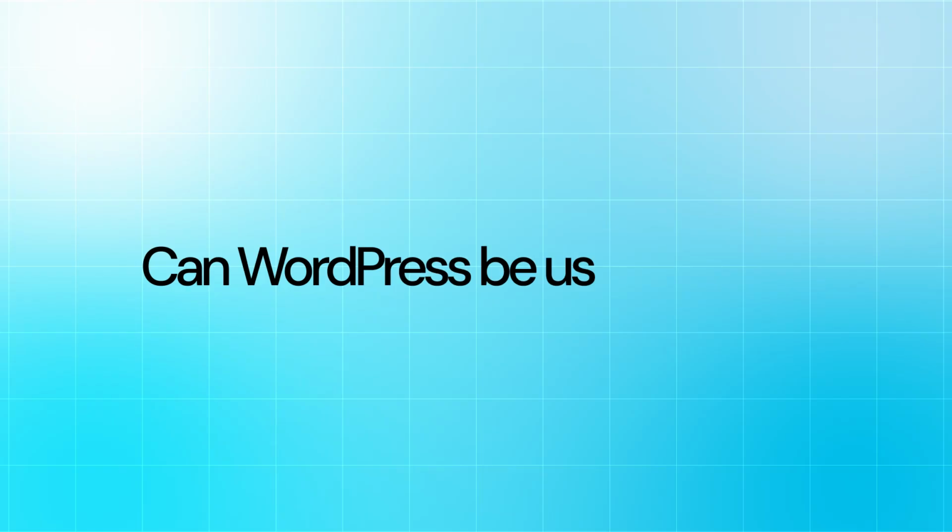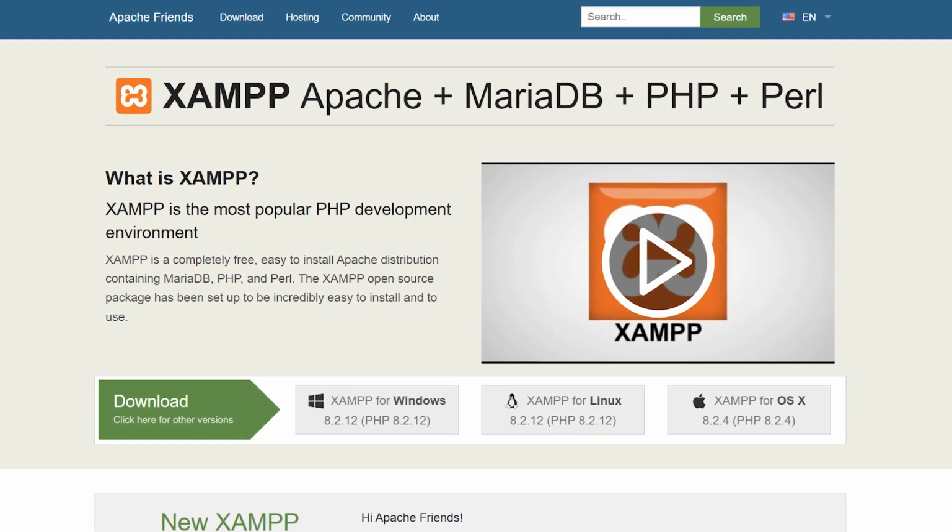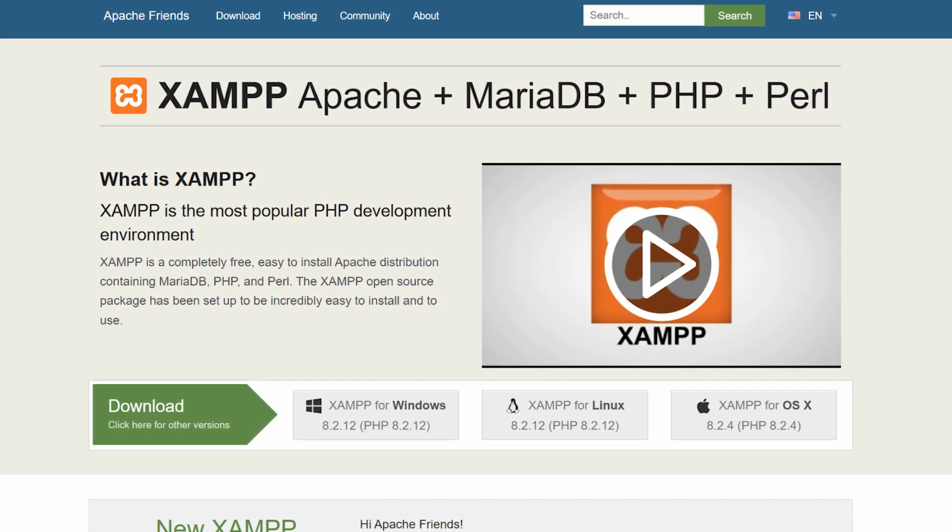The next common question I see about WordPress is, can WordPress be used offline? Absolutely, but it requires a little more understanding on how to do it. Well, as I said, WordPress is a piece of software that you have to install on a server. So if you want to use it offline, you have to kind of build a small web server on your computer. There are a few different ways to do it. There's popular solutions out there that you use. For example, XAMPP is one, but it's a little more technical than what most people will be comfortable with.